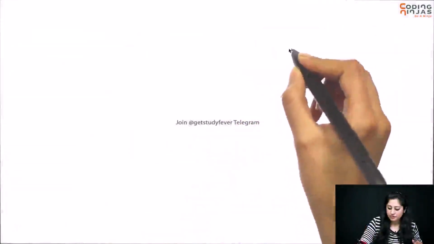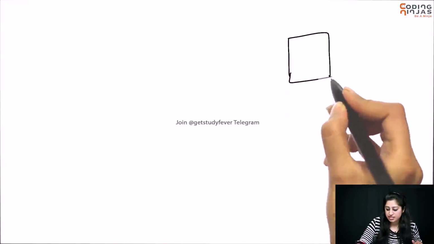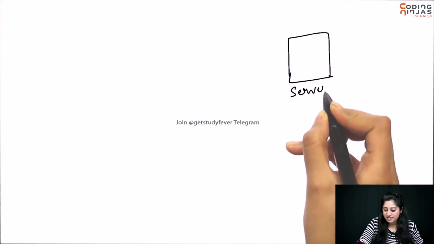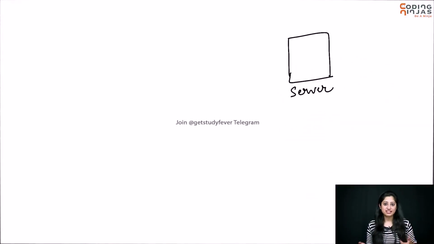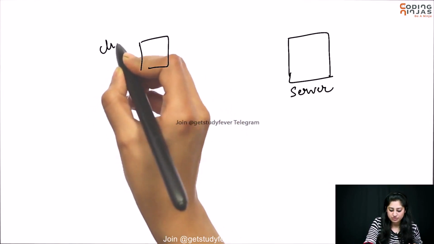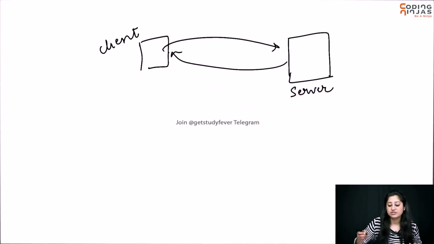So let's continue our discussion on client-server architecture. Just a quick recap of what we learned in last session. Client-server architecture, as the name says, has two entities involved, client and server. Server is the entity which has desired resources that it will provide, and client is the entity that is requesting for the resource. Right? So client requests the server with the resource, and server in turn responds with the desired